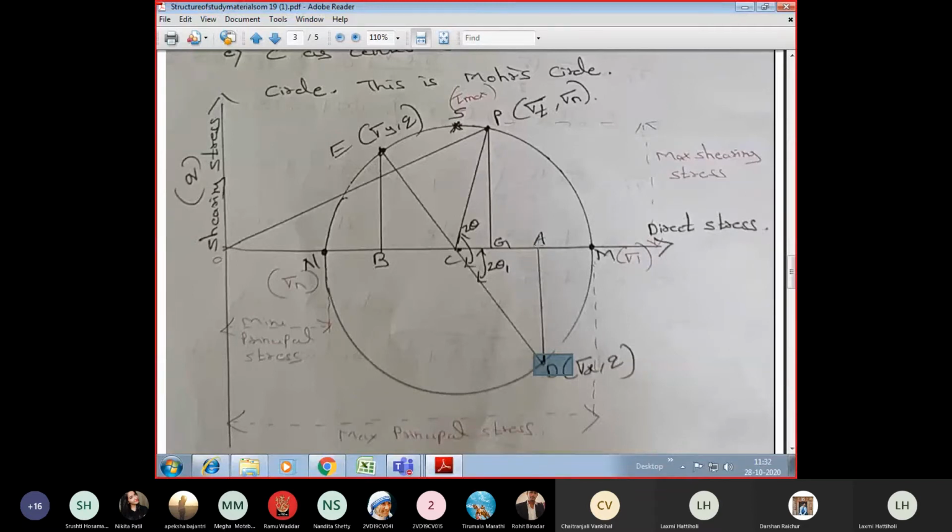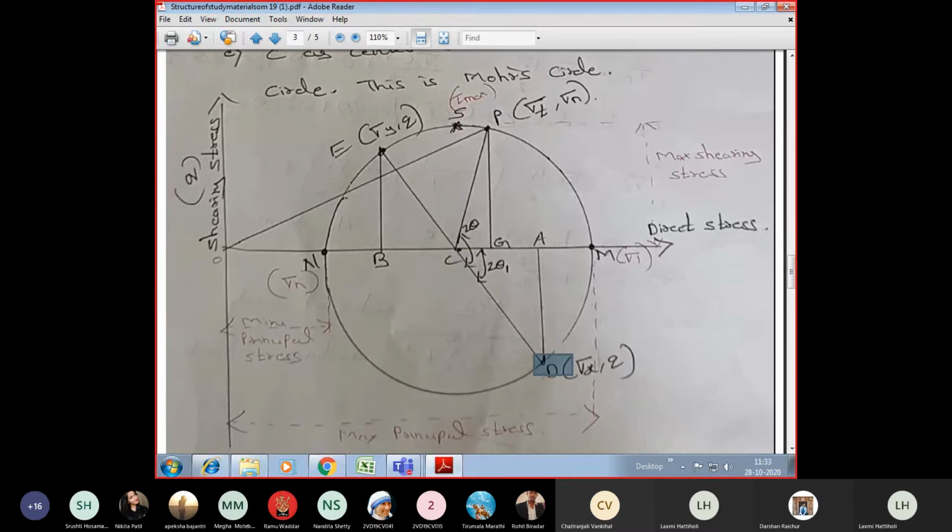So mark 0 to A, whatever is given in the question, and from A to D. What is A to D? It is the y-axis, A to D. That is nothing but the q value. The q value will also be given to you in the question. Convert that q in terms of some scale and draw the point AD. So finally, I got a point D, which indicates the coordinates of the point D are sigma x comma q.